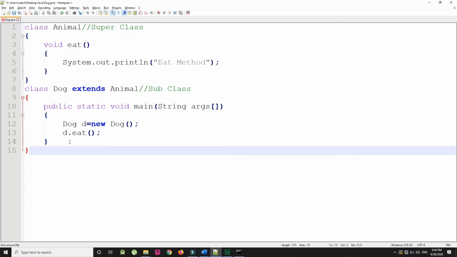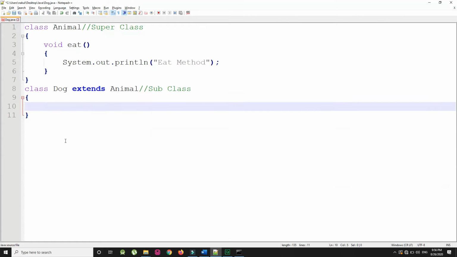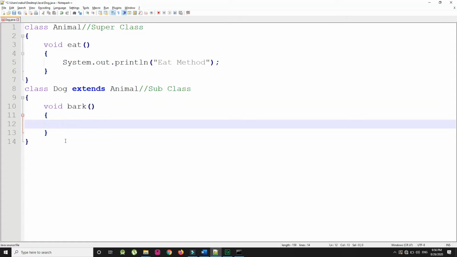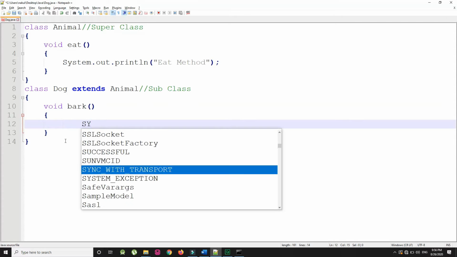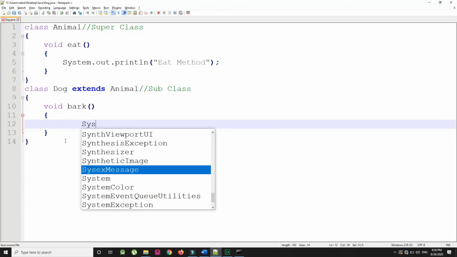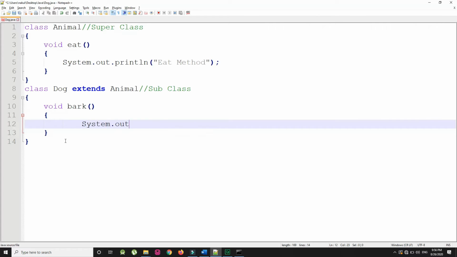Now we are talking about multi-level inheritance. So to implement multi-level inheritance, first let me remove this main method from here, and then I am going to create another method that is void bark. And in this method I am going to print "bark method" using System.out.println.